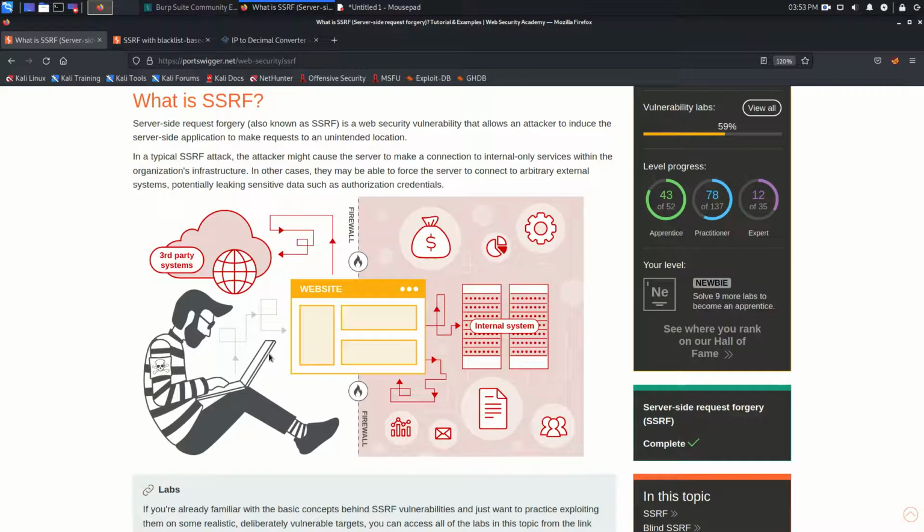This is Mohammad Badruddin and today we are going to solve lab number 3 from the server-side request forgery module. Again, this is a server-side vulnerability and we are going to solve all the labs from Web Security Academy from